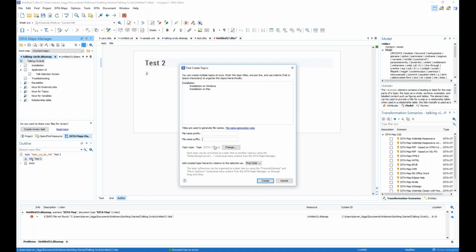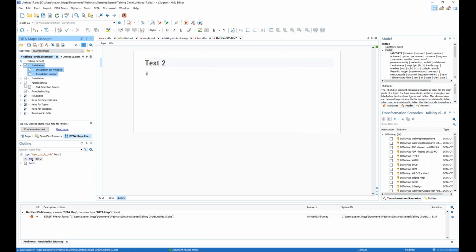Notice that at this point, you can only choose one type, but I'll show you how to convert them if, for example, maybe I want these two child topics to be tasks, not topics. I'll show you how to easily convert them. So then I create them,